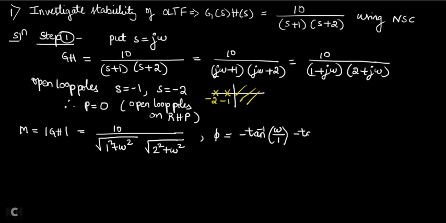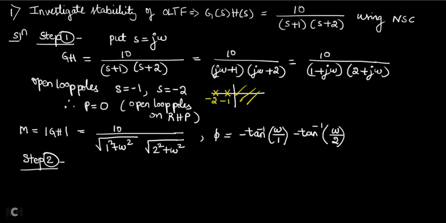And again, there is one more term in the denominator, right? So for that also you should find the angle. Minus, why minus? Because the term is in the denominator. Tan inverse of b by a. Here b is nothing but your omega, divided by a, and a is 2. So there are two terms in the denominator, two phase angle terms you got. So you got the magnitude equation and the phase equation. That is your step 1. Step 1 is over. You have to repeat the same steps for any Nyquist problem given.